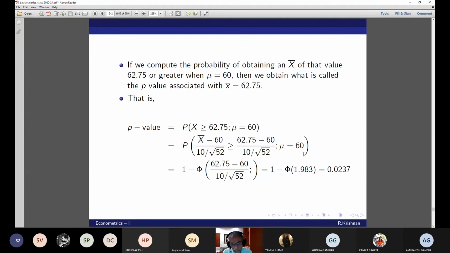Well, then what is happening here? The question of whether it is significant or not comes here, isn't it? Now here is where statistical science is a bit wishy-washy. What do they say? If the p-value is closer to 0, you reject the null. If the p-value is farther away from 0, that is more towards 1, you accept the null. You get the point now? Yes, sir. Having given this 0.0237, some of the authors tell you if p is equal to 0.0237, it is rejected at the 5% level, but accepted at the 1% level.